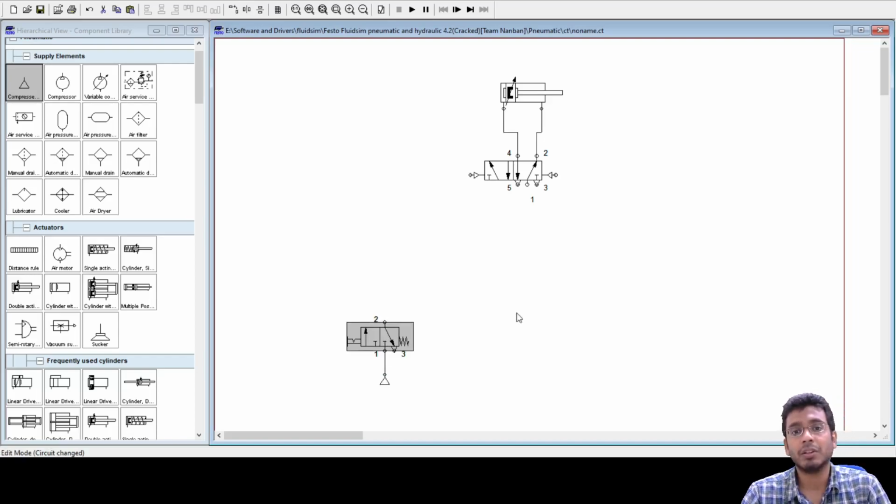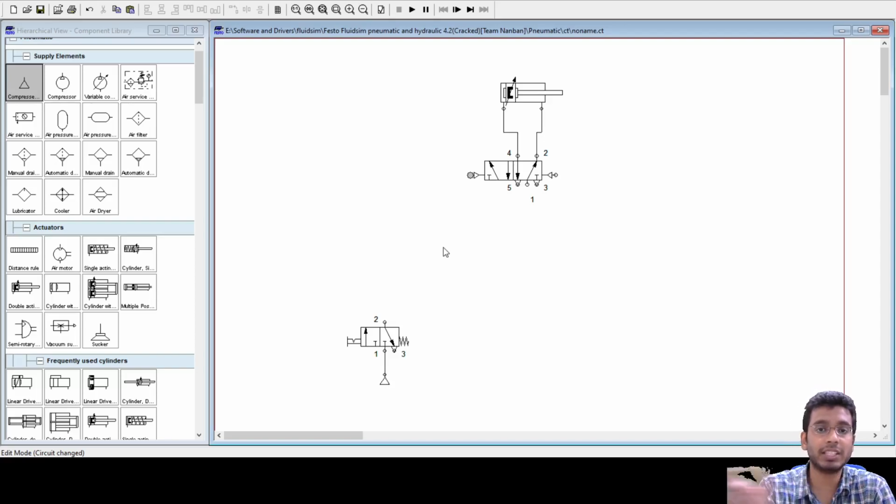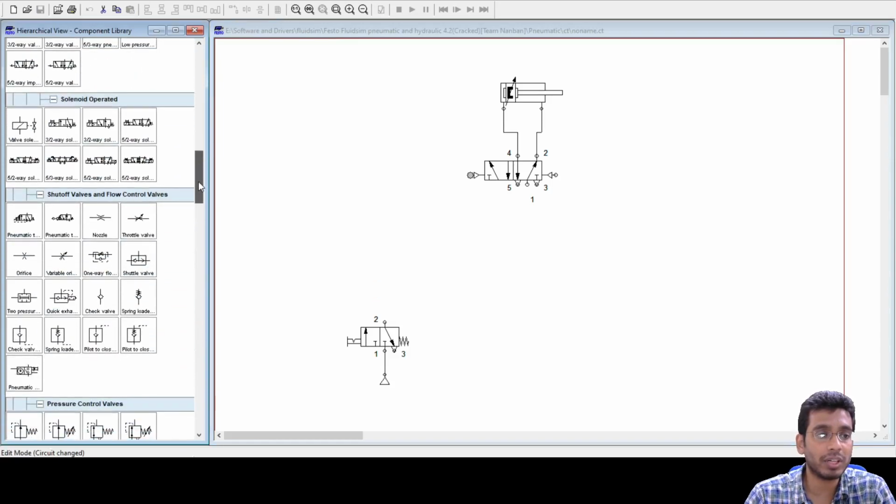Now this can actually start my circuit directly for the extension of the stroke. However, to have control over the extending speed of the cylinder, you also require a flow control valve.